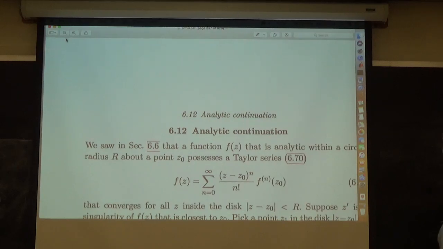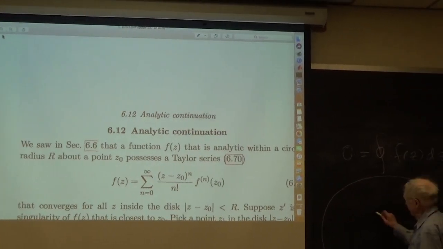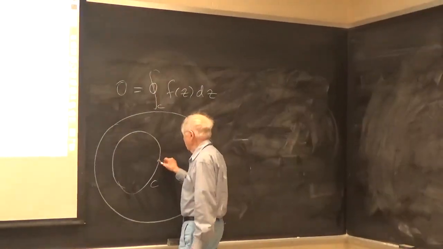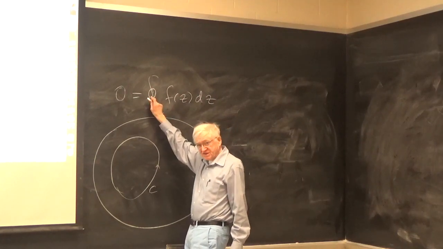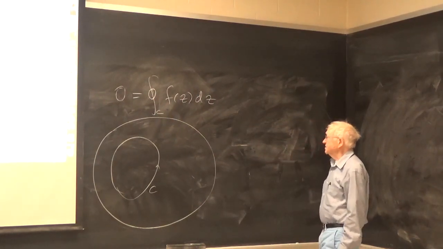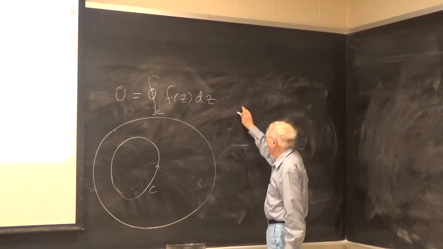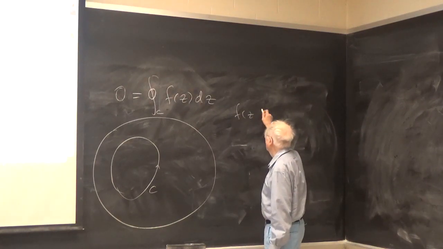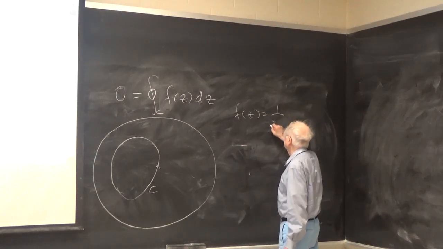The basic thing is that the integral of an analytic function around a closed contour inside a domain of analyticity. So here's a domain of analyticity, and the contour C is here, and it's a closed contour. That's what the O means here. And that's 0. And from that, we derive Cauchy's theorem, which is that